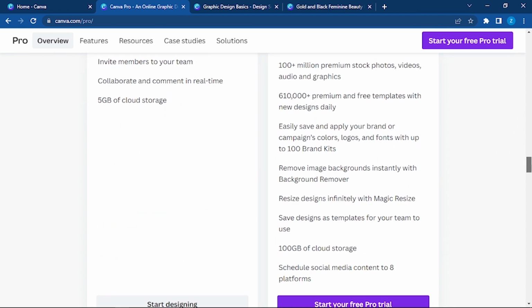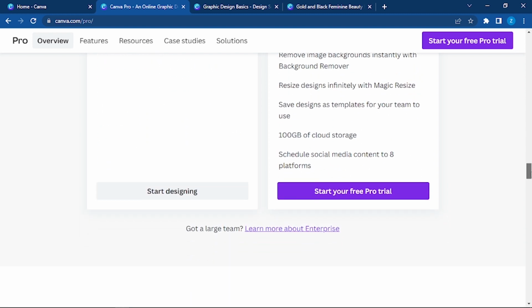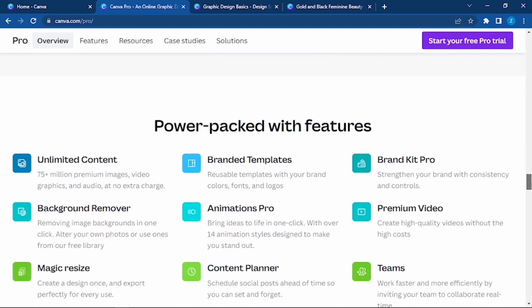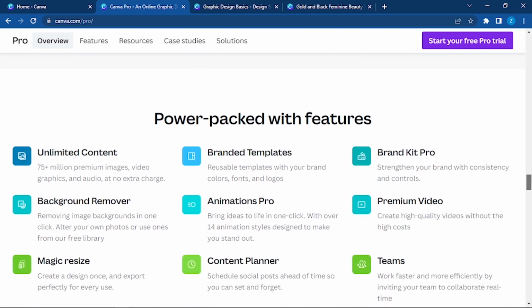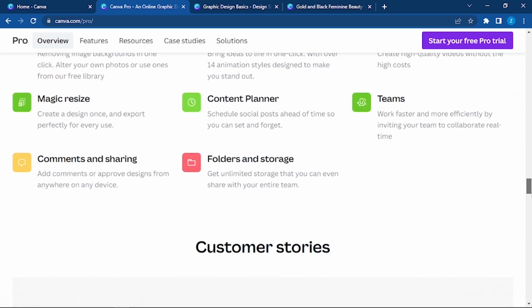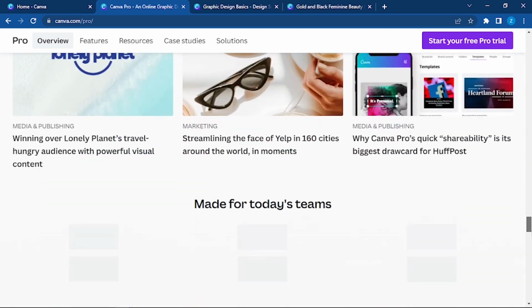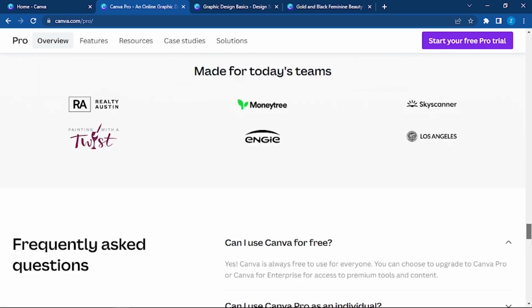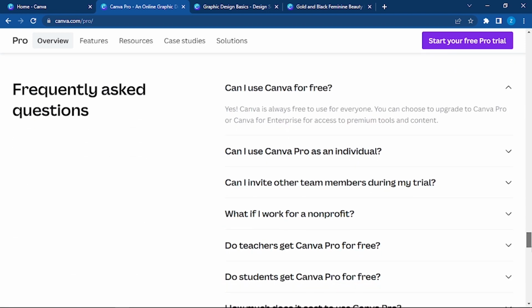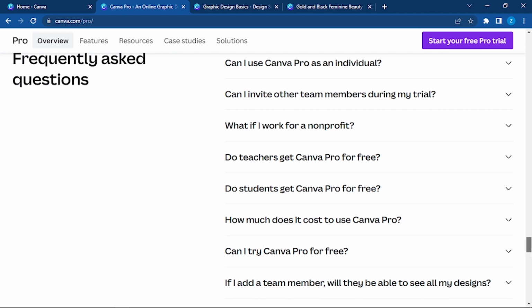Here you can see what are the options that you will have once you have access to Canva Pro. You can see power packed with features, unlimited content, branded templates, premium video, teams, magic resize, comment and sharing. There are customer stories if you want to learn, so that you can have more idea about it. Now there are other frequently asked questions like do students get Canva Pro